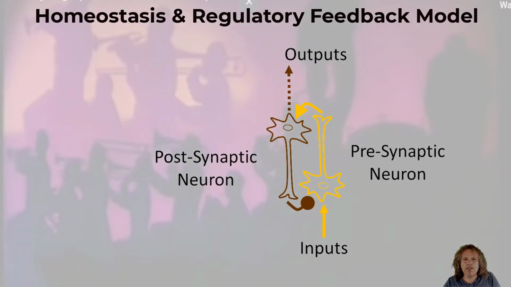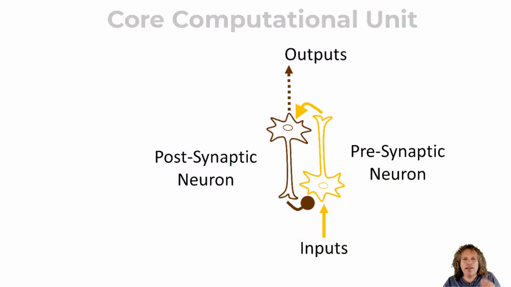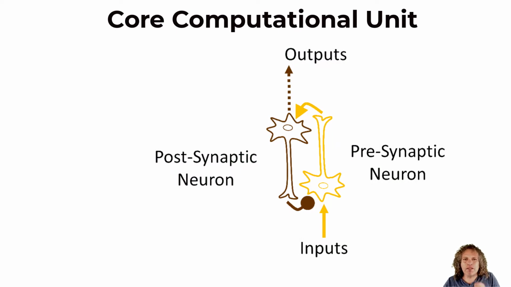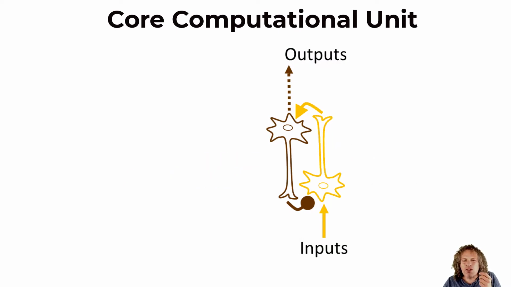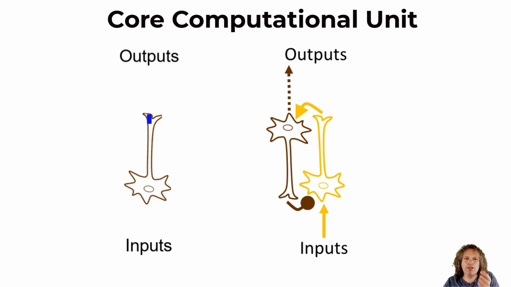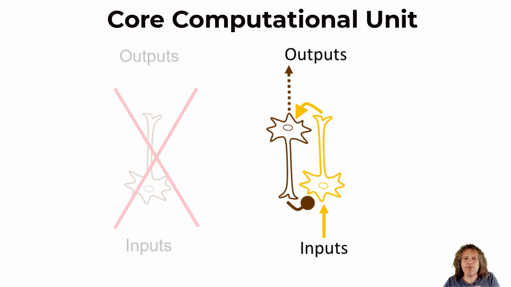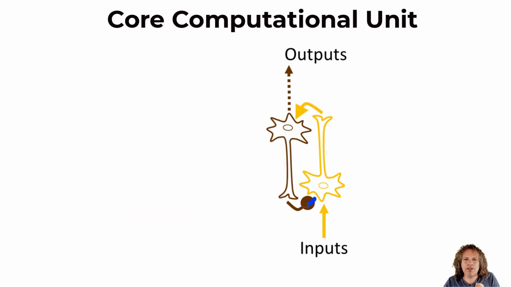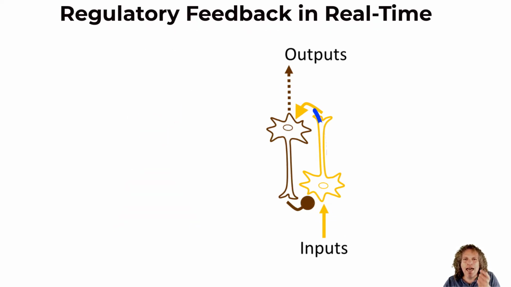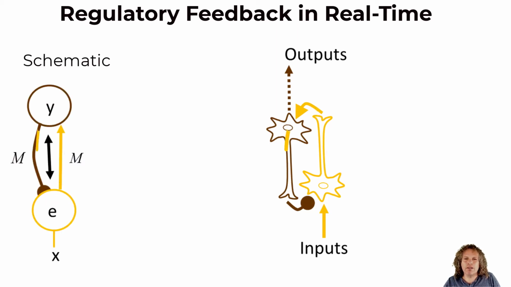Moreover, a concert of internal neuron machinery may interchangeably contribute to this regulation, thus it must be very important for the neural system. So maybe the core computational unit is not a McCulloch-Pitts neuron, but a combination of postsynaptic neurons coupled to presynaptic neurons in a regulatory way. And this feedback has a prominent role in real-time processing. This is what my research is about.